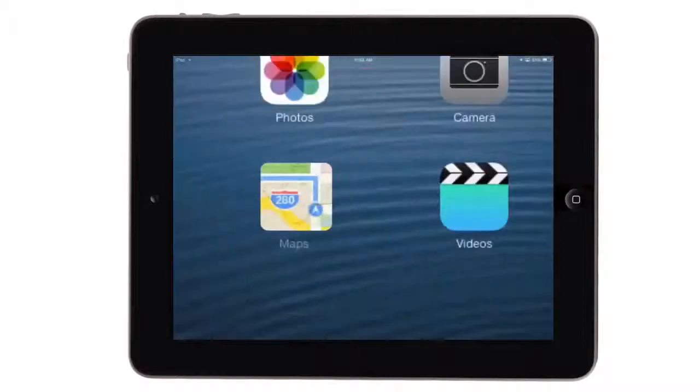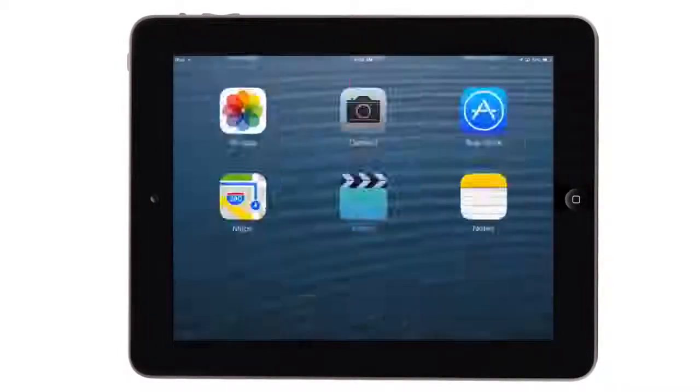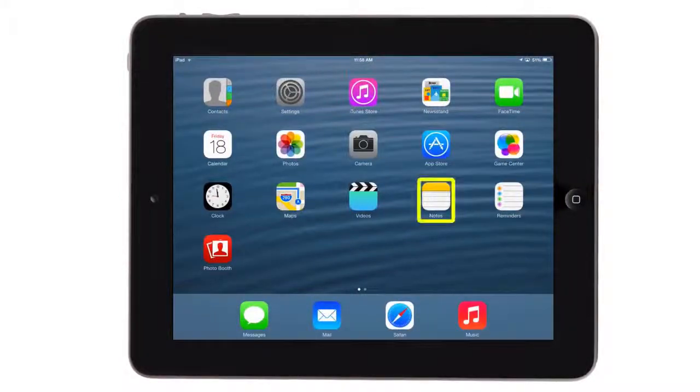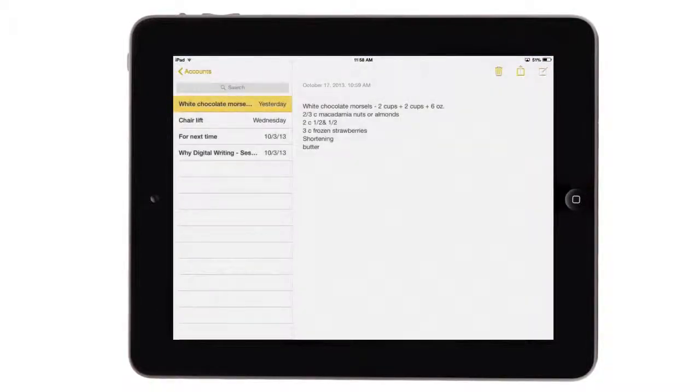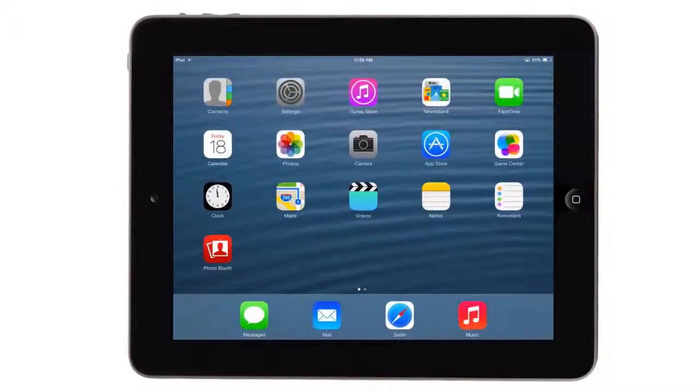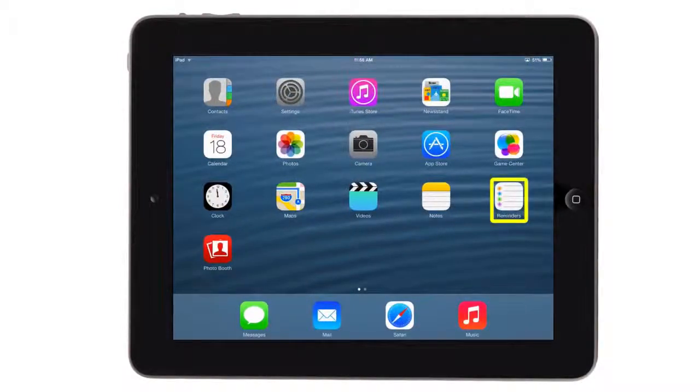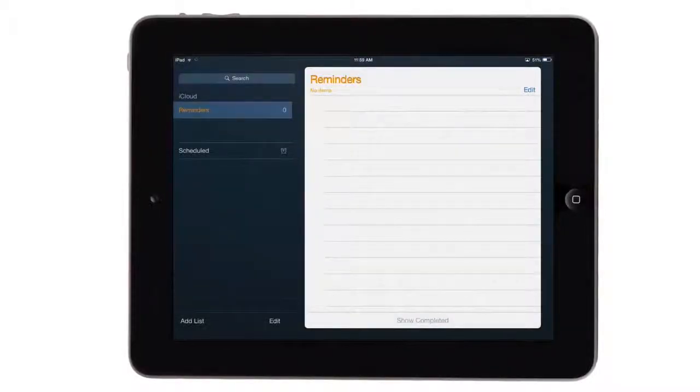Returning to the home screen, we find the Videos app. This is the place to watch downloaded videos. So many great apps. Well, let's move on to the Notes app. This is a very simple but helpful word processing program and a great one to use for typing anything from lesson plans to notes and even observations. The Reminders app can be one way to set alarms that trigger based on where your iPad is located. It can also be set to go off at a specific time. There's also a place to include notes within each reminder, which is super useful for busy teachers.